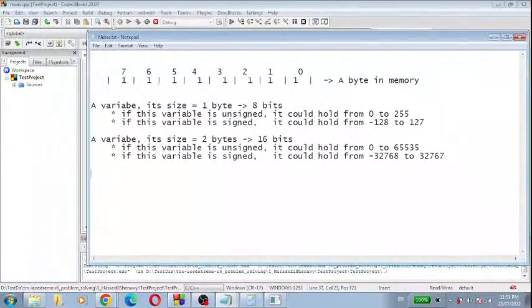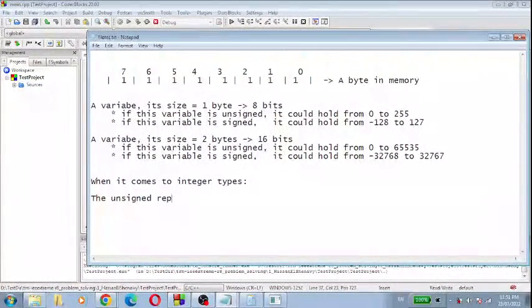Actually, when it comes to integer types, the unsigned representation is called two's complement of the signed number,